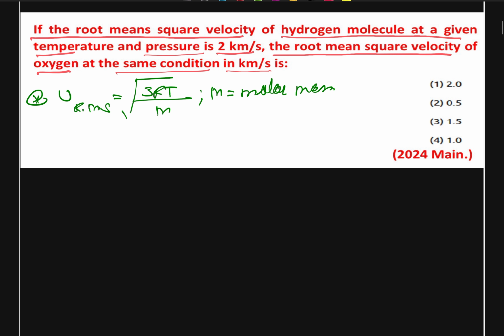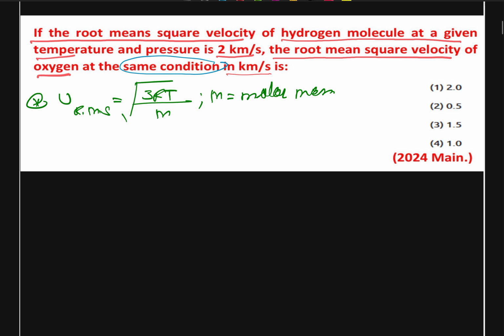And it is given that it is in the same condition. Therefore, same condition means the temperature and pressure will be the same. Okay? Or we can say it will be constant for our hydrogen as well as for our oxygen. Okay? So we can modify our formula according to both the cases and